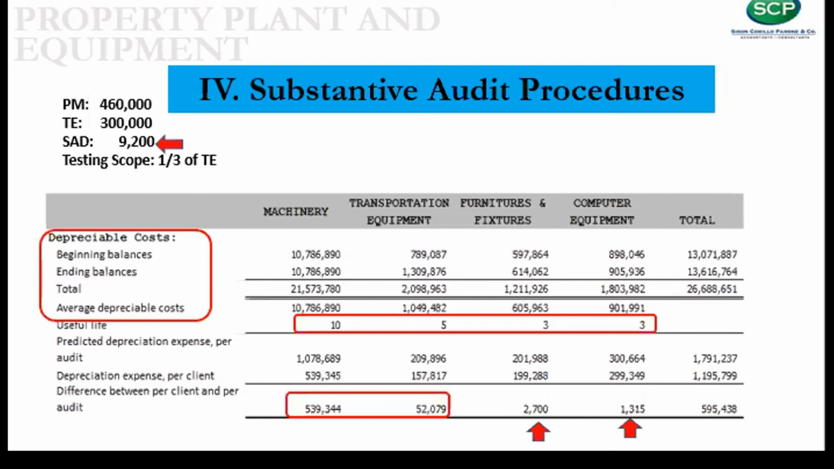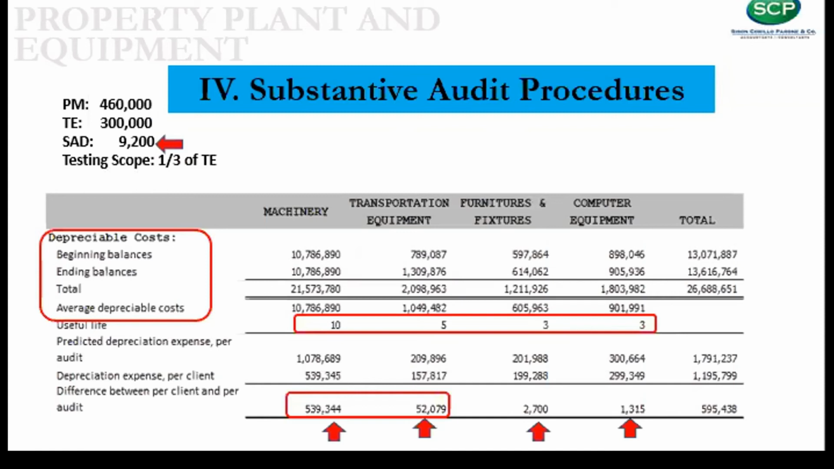Disregarding the averaging method, therefore, the depreciation for transportation equipment for 20CY should be 261,975 pesos, computed as the ending cost balance of 1,309,876 pesos divided by the useful life of 5 years. The depreciation for transportation equipment is therefore understated by 104,158 pesos, which is the difference between the should-be depreciation of 261,000 pesos and the depreciation per books of